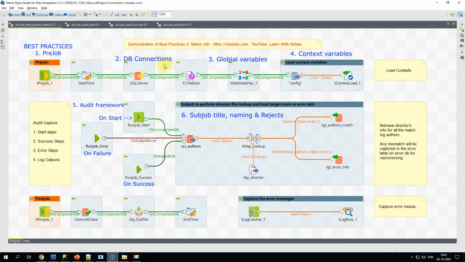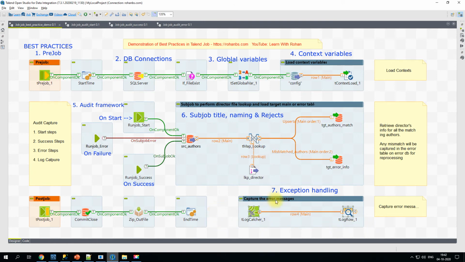In this best practice, it's always a good idea to have all your audit information captured appropriately, and also you must have the error handling part.